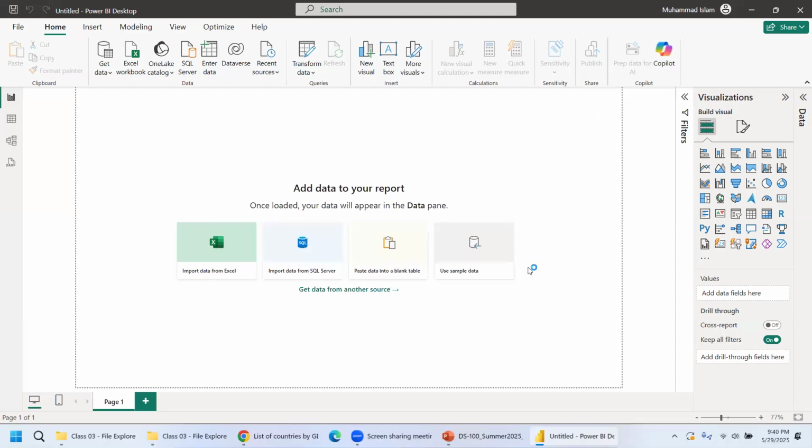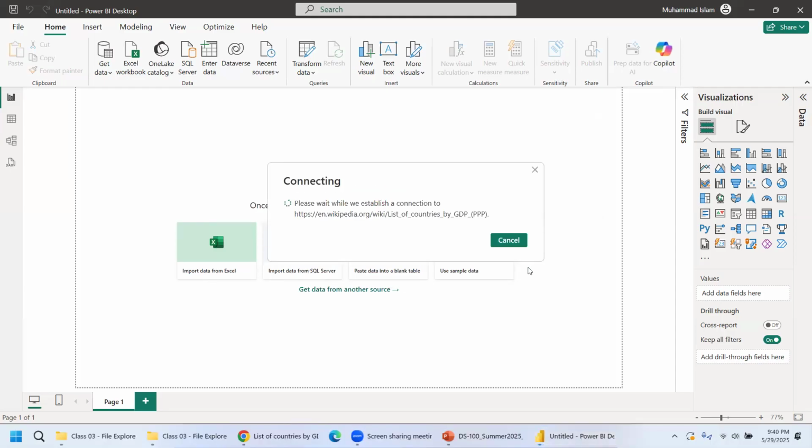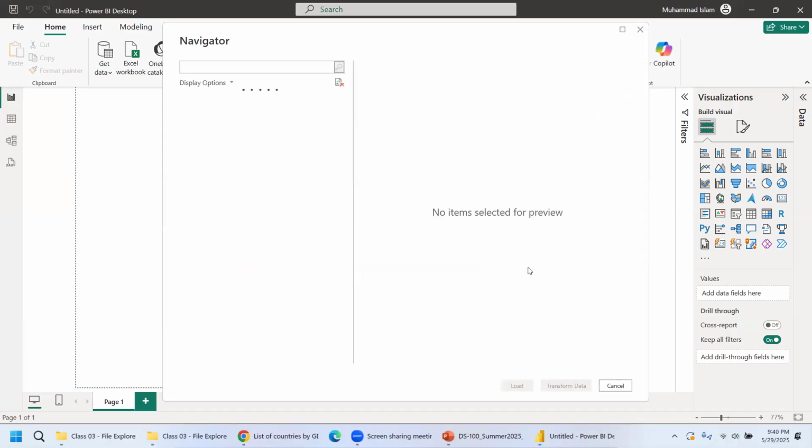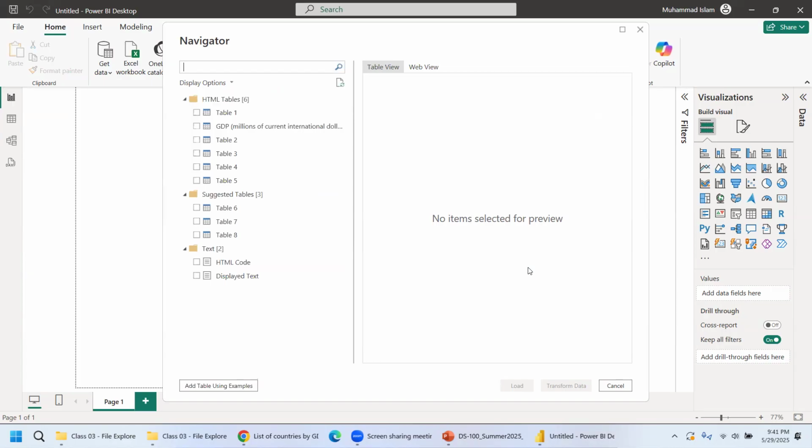So now you're going to see it is actually connecting. Okay. First time when I did that, I got an error. And then I clicked refresh and it started to work. But it seems like here, it is actually fetching the information. So it is actually now going to that Wikipedia page and it found all these different things. So now, I can tell that this is most likely the table that I was talking about,